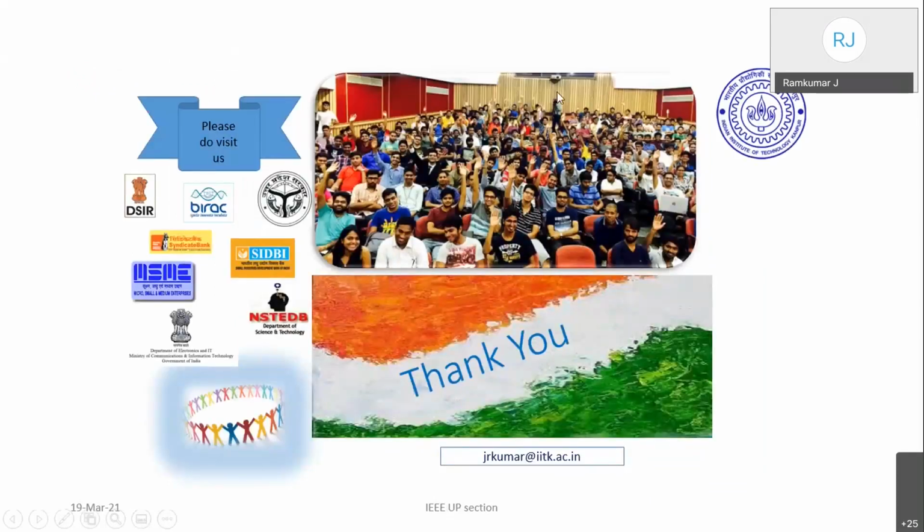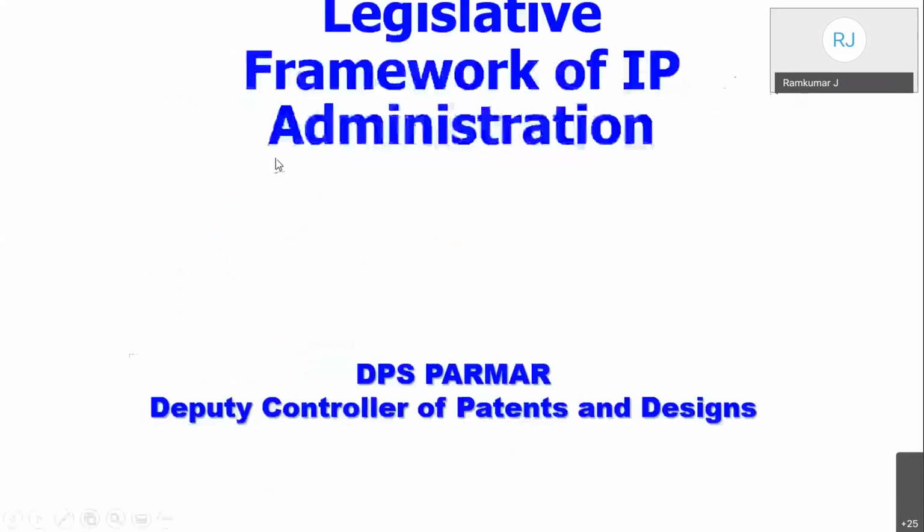And these are a lot of students who got patents from IIT Kanpur, we have just put them here. And these are some of the funding agencies we work with. BIRAC is one which we work with very closely. Uttar Pradesh State, we also work very closely with the government in developing products and prototypes. We also have Syndicate Bank. SIDBI has also given us grant. So these 4 are major sponsoring agencies for developing an idea and patenting it.